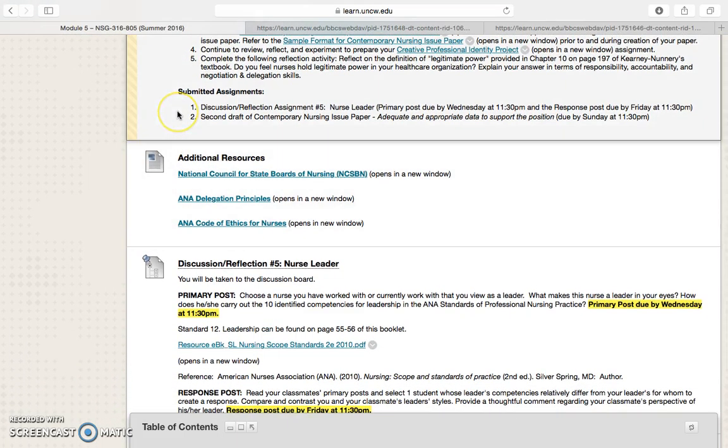Now, for your submitted assignments, we ask that you complete your discussion board, and we ask that you turn in the second draft of your contemporary nursing issue paper. The second draft will include the adequate and appropriate data to support the position. Now, that is in addition to the first part that you've already submitted. I expect you will apply the feedback and changes that I've given you individually, as well as the group summary of feedback that I posted in